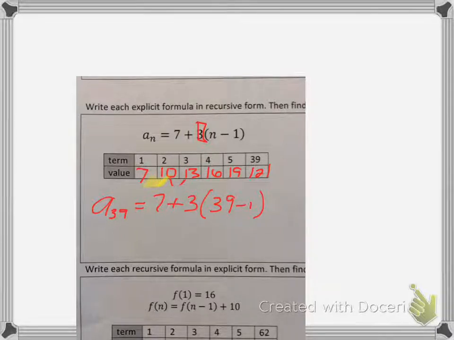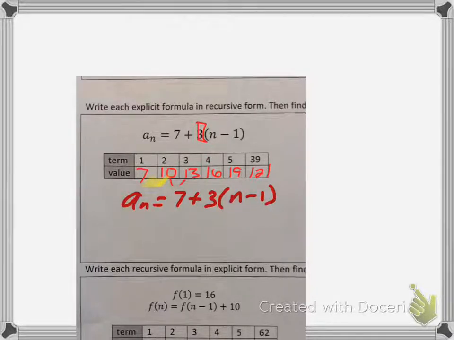So the other part of the question says to rewrite the formula in a different way. I want to look at this formula for just a minute. I have a sub n equals 7 plus 3 times n minus 1. I'm just going to solve this for you and show you what happens. So I have 7 plus 3 times n, and then that multiplies to be 3. I'm going to combine these together. So 3n plus 4